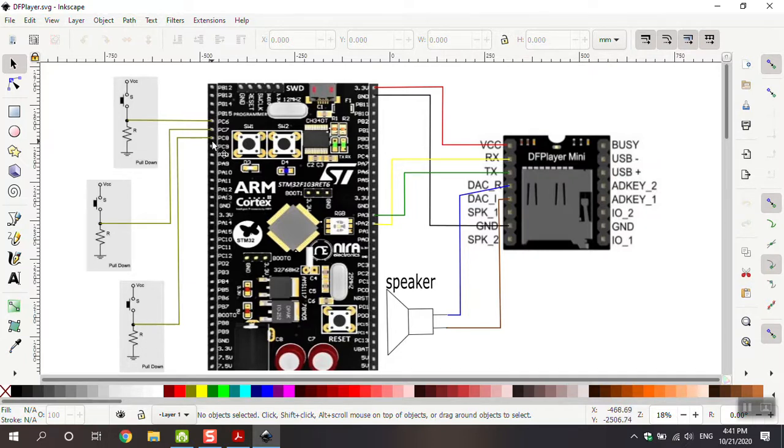This is the module, VCC connected to 3.3 volt, ground connected to ground. I use this because I don't have a speaker, and I use it for DAC R and DAC L. For AUX in, one cable is connected to a speaker, and this is my circuit. Okay,